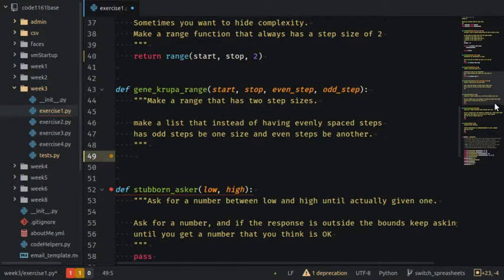So this one's quite difficult. This is the Gene Krupa range. So make a range that has two step sizes. Make a list that instead of having evenly spaced steps, has odd steps be one size and even steps be another. Now this is quite hard, so I'm going to go through this, but I'm not coding this one completely